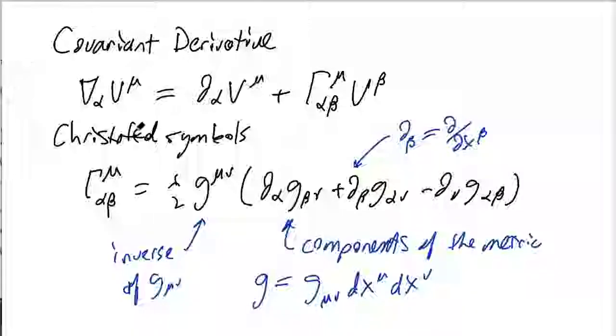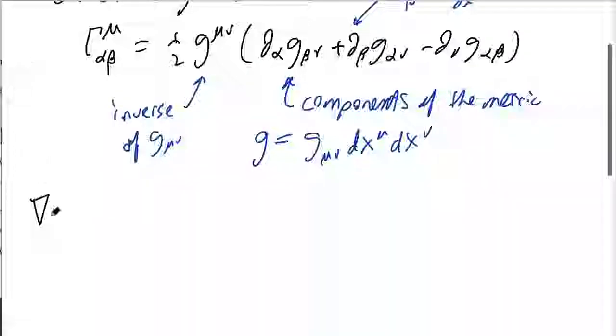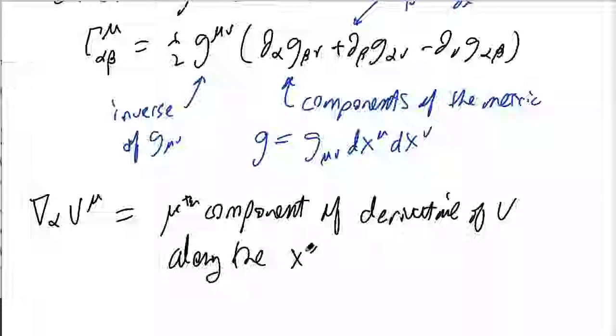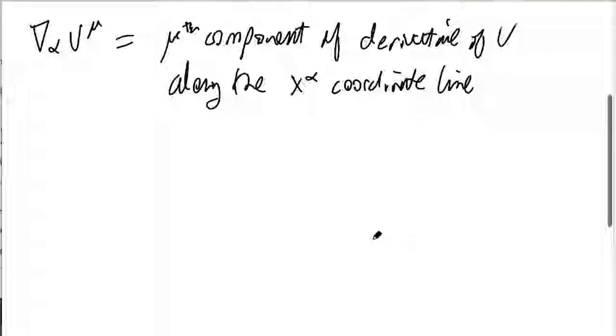The covariant derivative itself is actually the μth component. So ∇_α V^μ is the μth component of the derivative of a vector field V along the x^α coordinate line. And the derivative is defined by parallel transport. So the picture we have is,